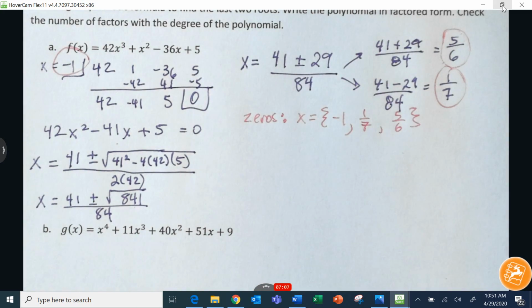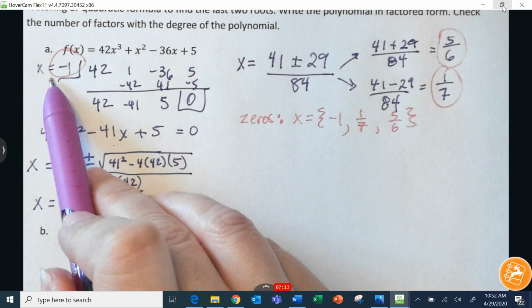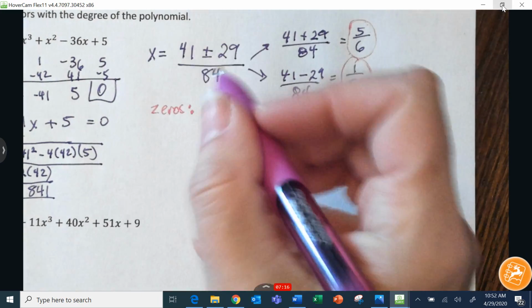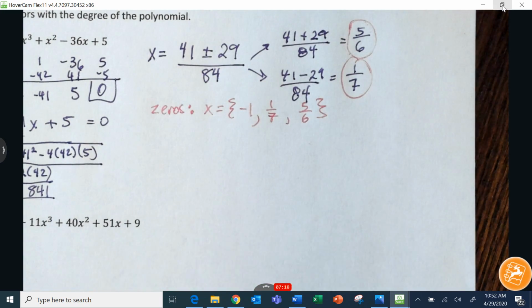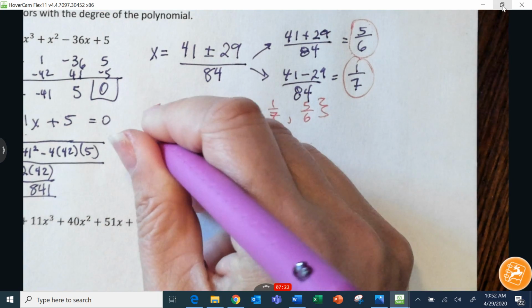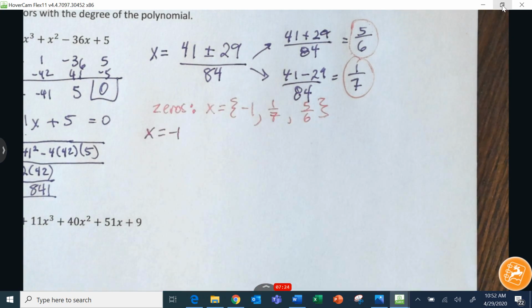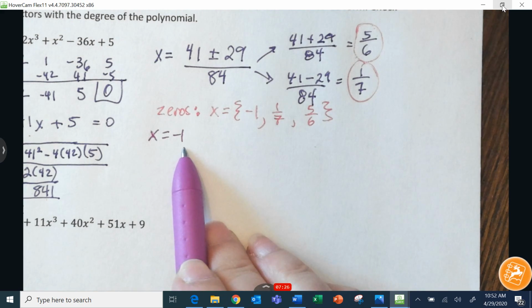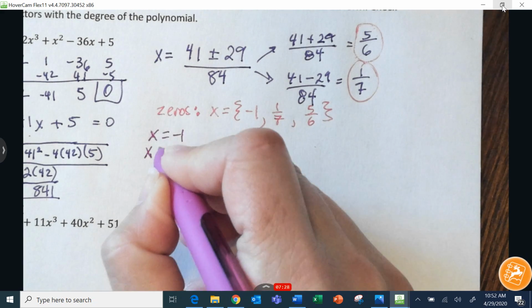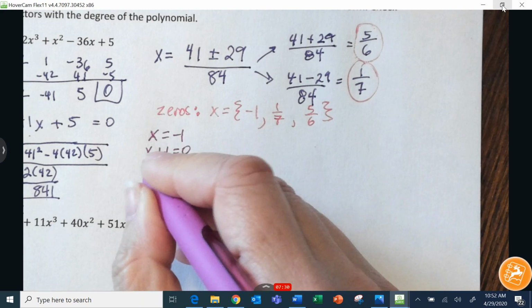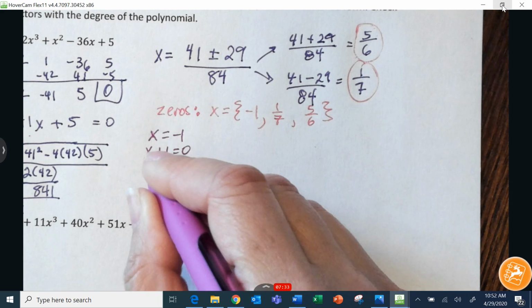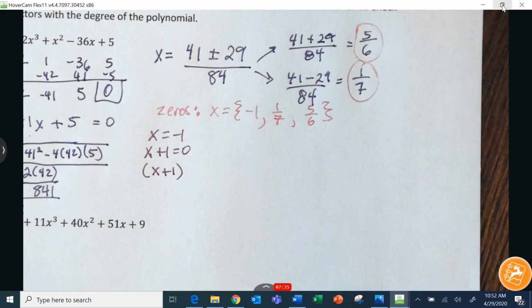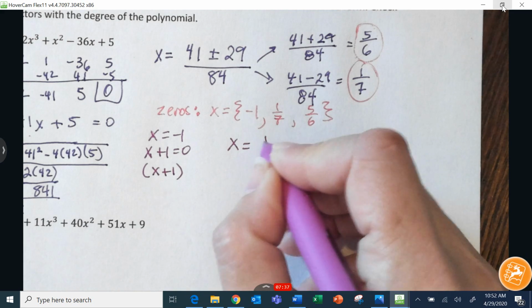Right. Okay. So to write this in factored form, we have to take what x equals, and we have to set that factor equal to 0. So I'm going to add 1, and then the factor becomes x plus 1. So for x equals 1/7,